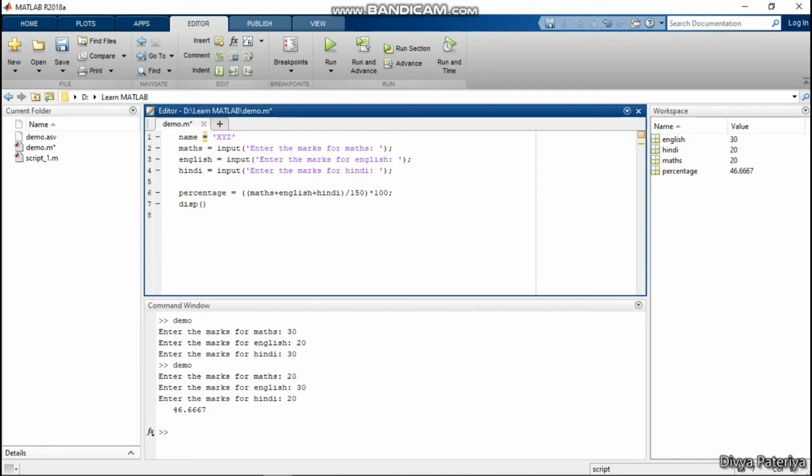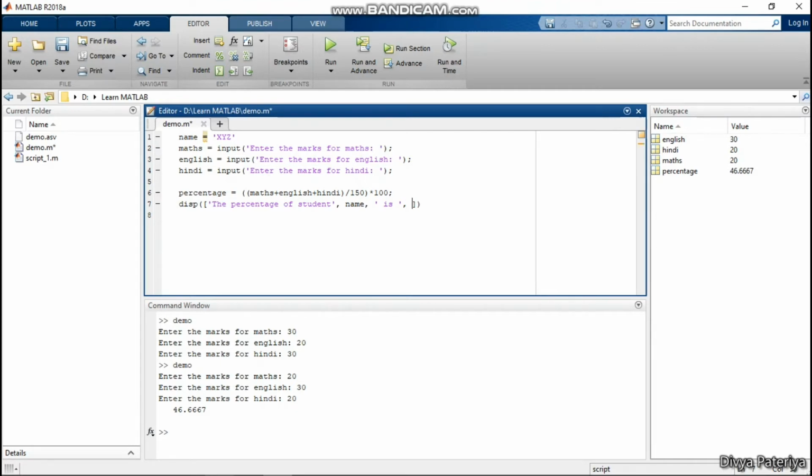We need to first have brackets. Inside that we are going to have square brackets, and inside this we are going to write the string. So I am writing, inside single quotes, the percentage of student, and now we are going to write the name of the student. So I will give a comma and simply write name. So the name will be coming from here, and then again I will give a comma, and write is, and then again a comma, and I will write percentage.